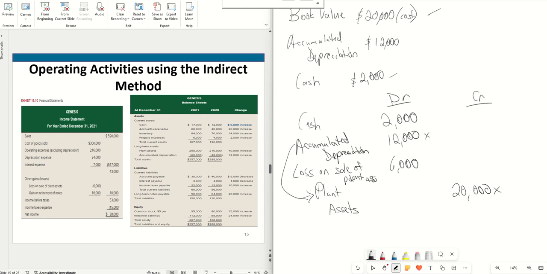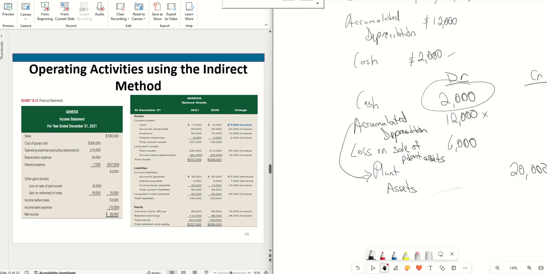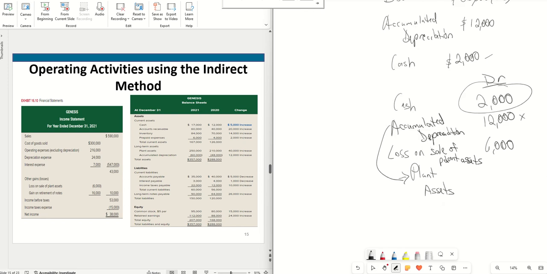And you can see on the left hand side on the screen, in the PowerPoint here, the loss here is recorded in the income statement underneath other gains and losses. Loss on sale of plant assets of $6,000. This is what it's referencing here. Okay. Now, we're just focused on, when it comes to the investing activity section, this cash amount of $2,000. So this is going to be an increase in cash